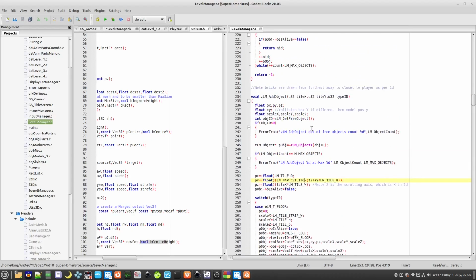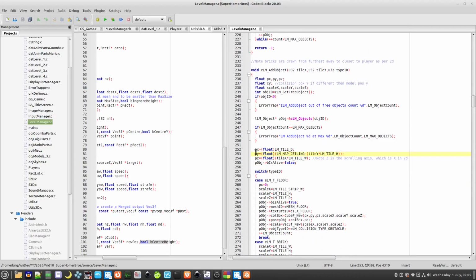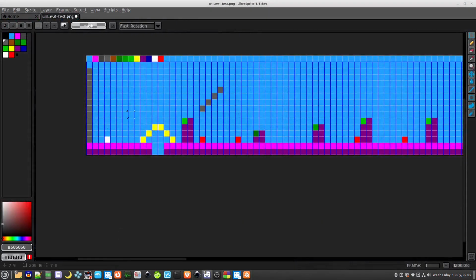Another thing to note as well is how the Y coordinate is calculated. So when we're looking at the world here, 0 is actually down here, and the height of the level is up here. So what that means is when we read these columns to convert them to the world, we have to start at the top of the world, if you like, and then work our way down in steps of tiles, as this is 0 here,